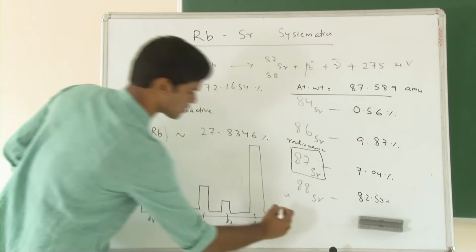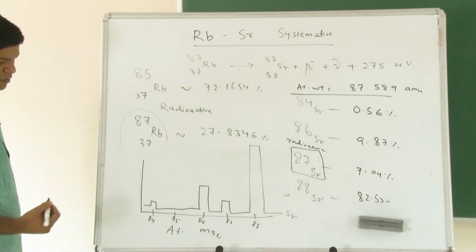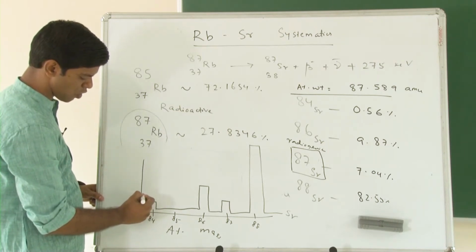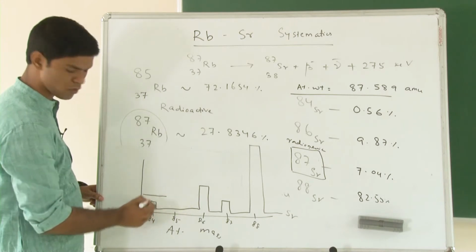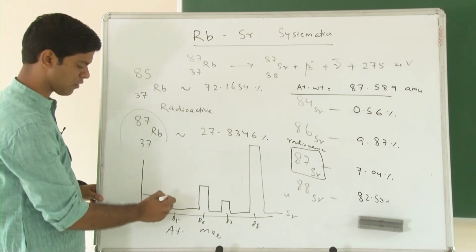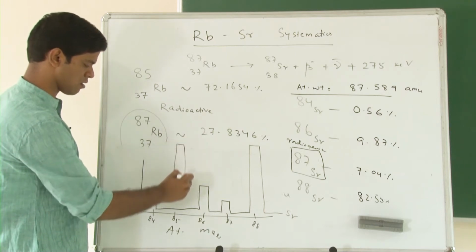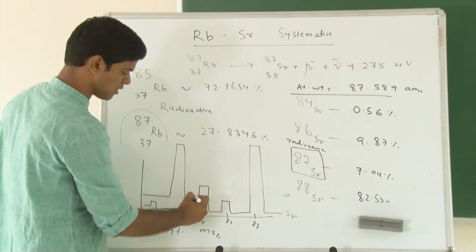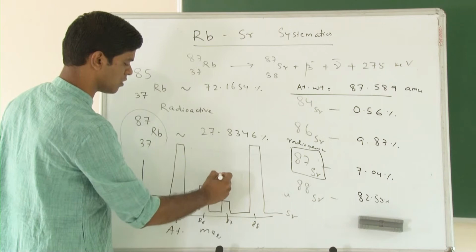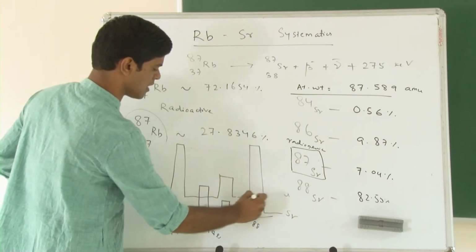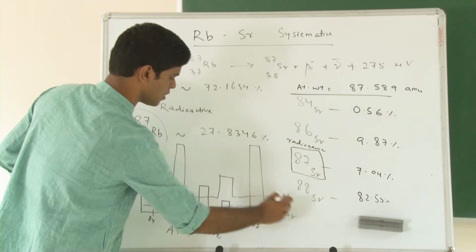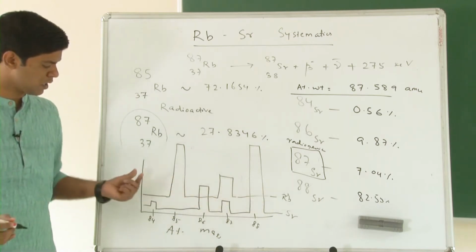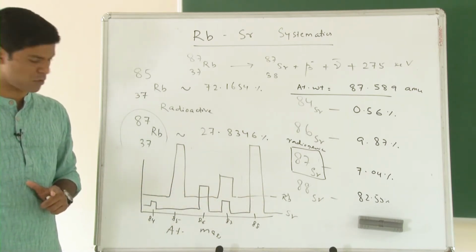So, this is for strontium, and if you try to plot the rubidium, what will happen is rubidium will also follow this background value. At 84 there is no isotope for rubidium, but at 85 there is a big chunk, right. So, we have around 72% at 85. Then one third of this, or 27%, has to be rubidium 87. So, this is rubidium. So, basically you need to understand that your strontium has to be very pure and should be rubidium free when you are doing the mass spectrometric analysis.